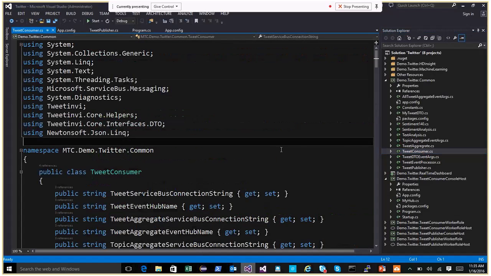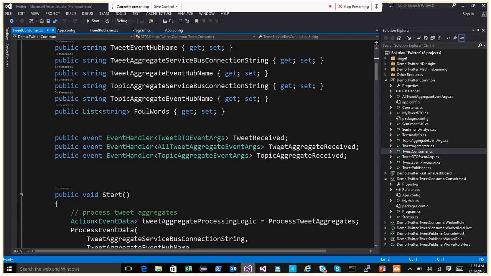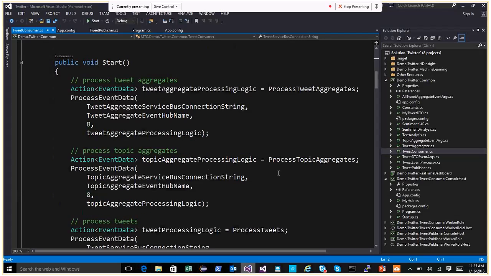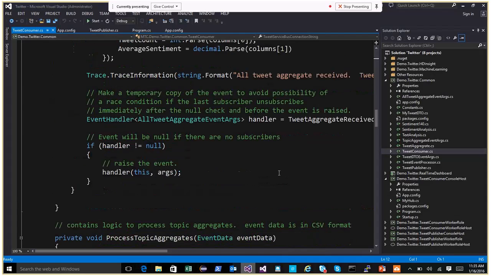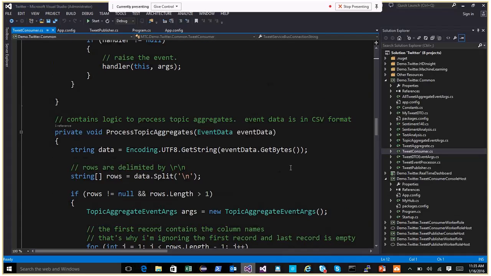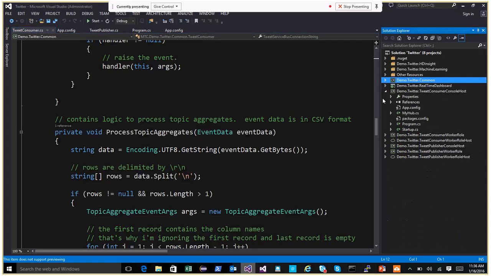Now if I go back to the consumer, we will see that we are actually getting the data from tweets out 1, tweets out 2, and so on. It is getting the data from those three event hubs altogether, and pushing it to the Azure website for visualization. If you see the Azure website, it's getting refreshed in real time every few seconds. That is done automatically by a .NET library called